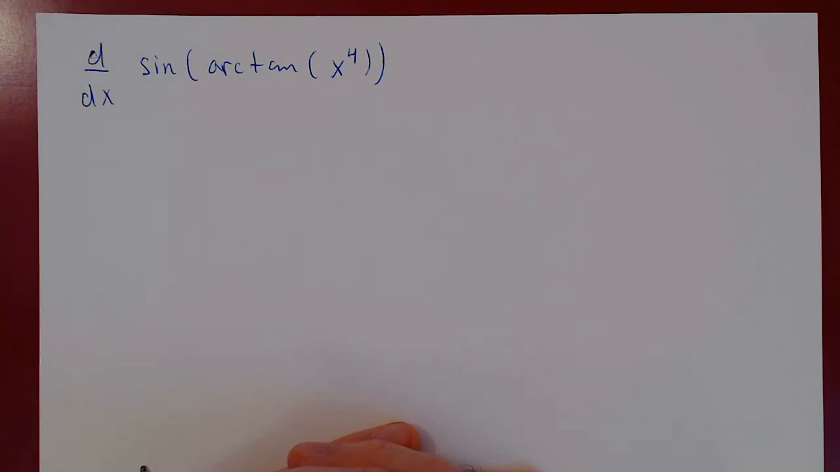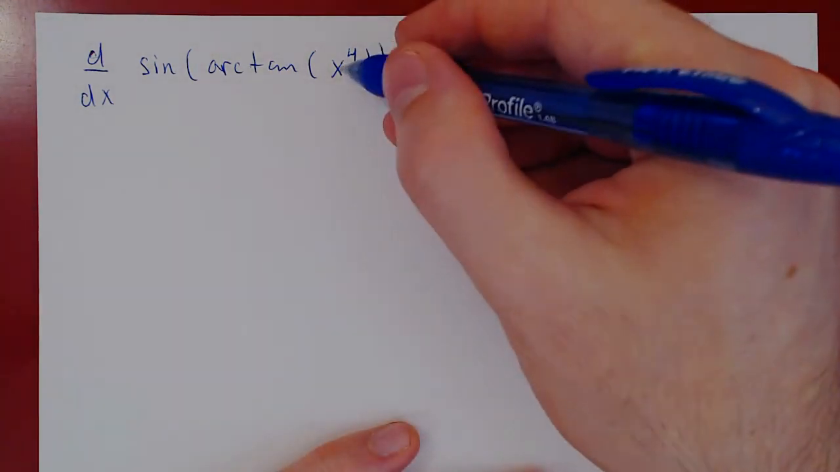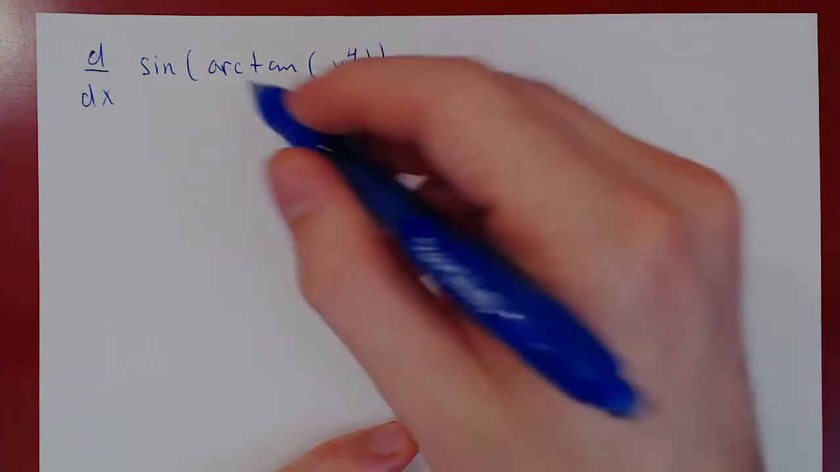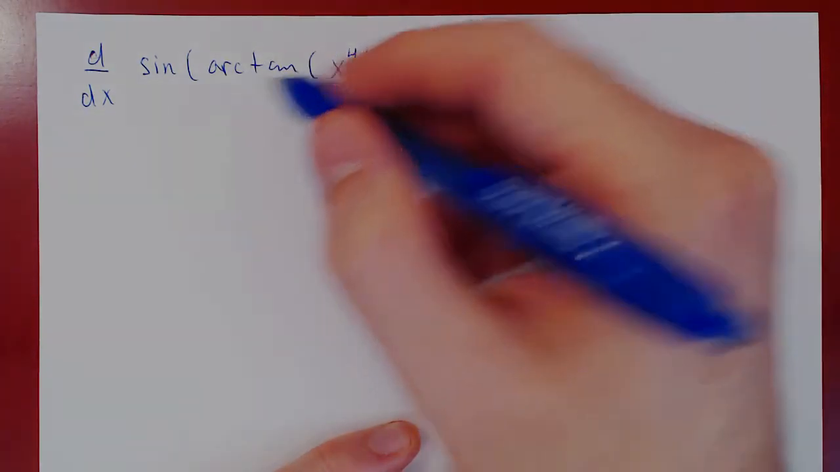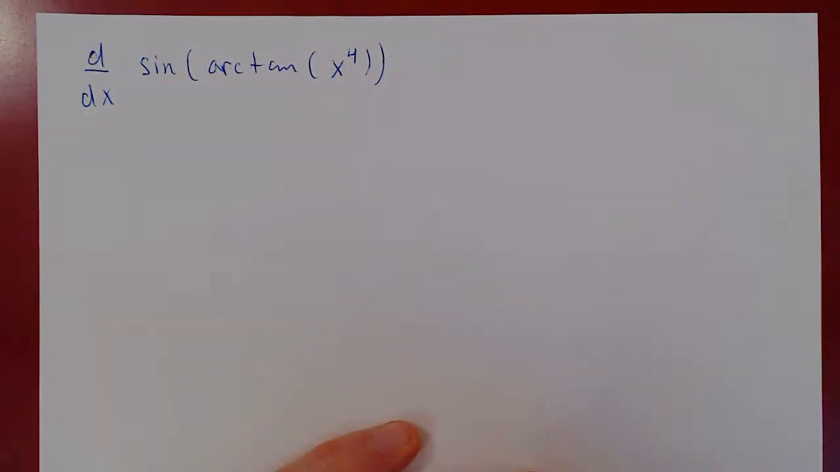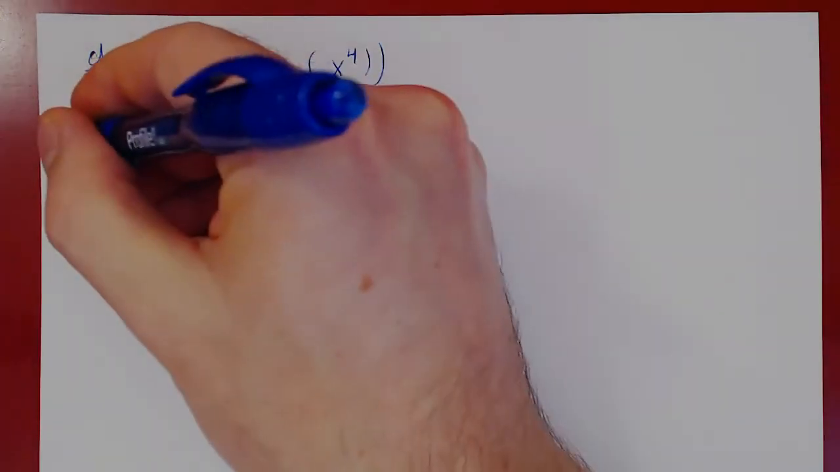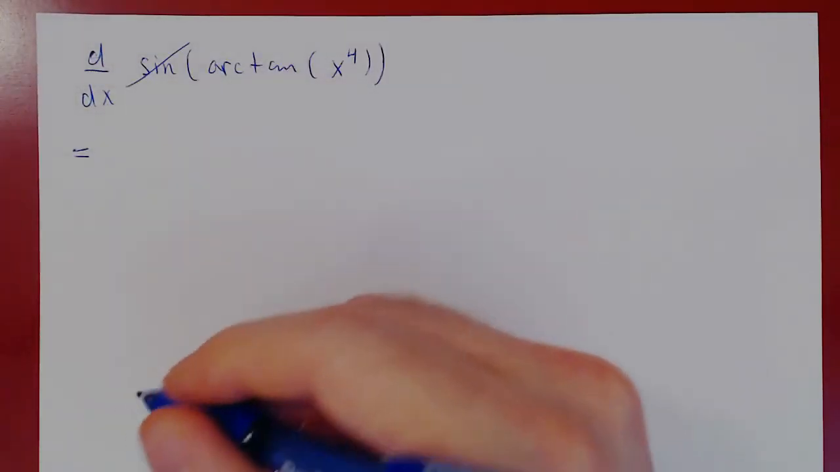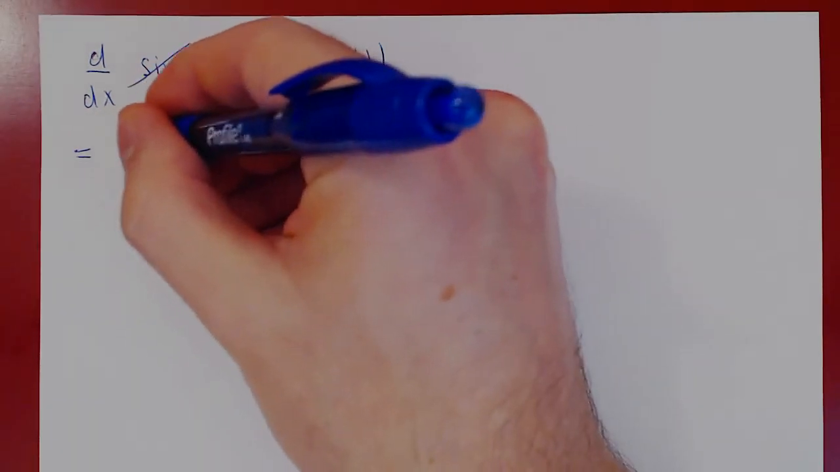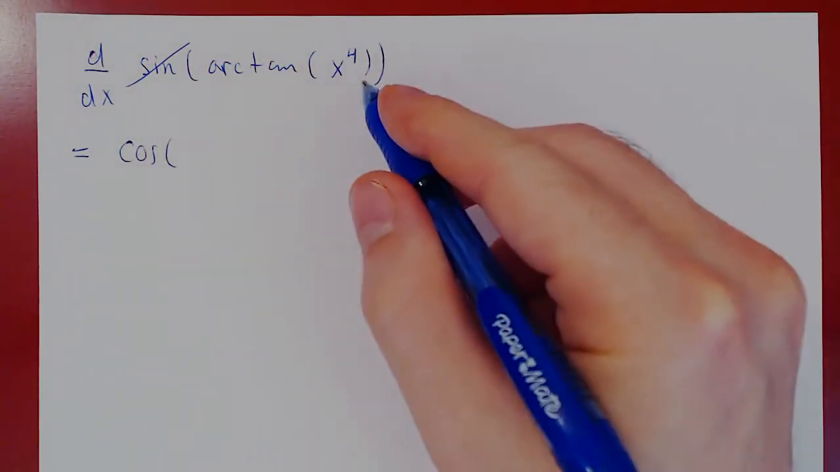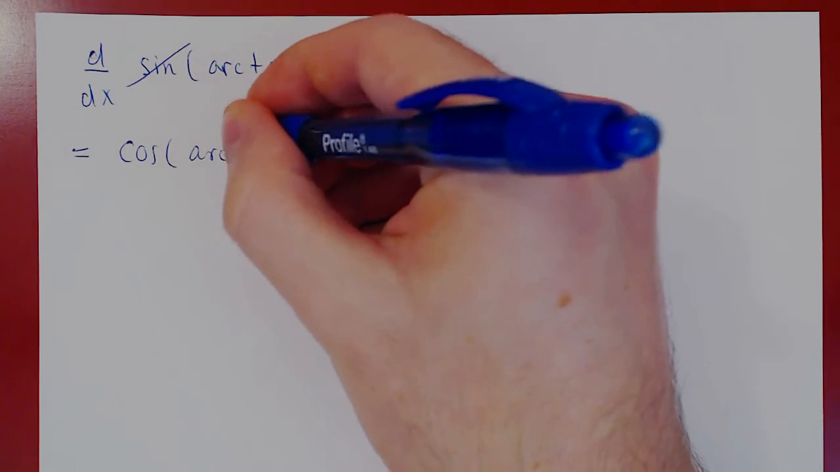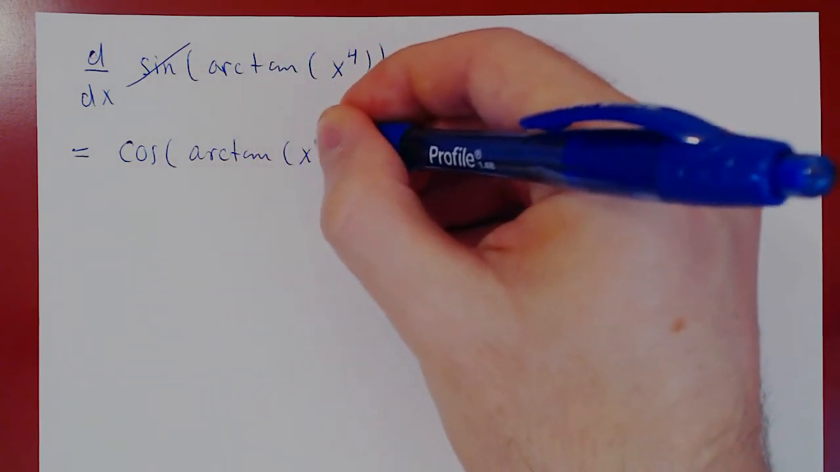Once again, we have here two compositions. If I give you an x value, first take its fourth power, then take the arctangent of this value, then take the sine of this value. Let's differentiate using the chain rule, and then we will try and simplify and get rid of the trig and inverse trigonometric functions. So, the outside function is sine. The derivative of sine is cosine. Cosine of what? Of whatever is left over. So cosine of arctangent of x to the 4